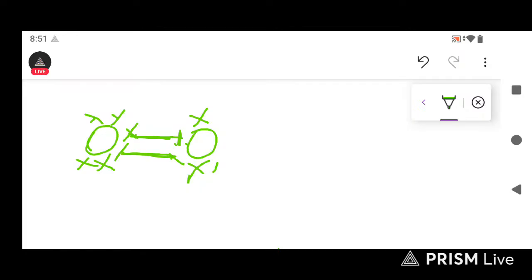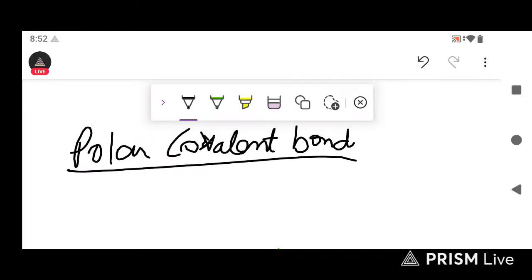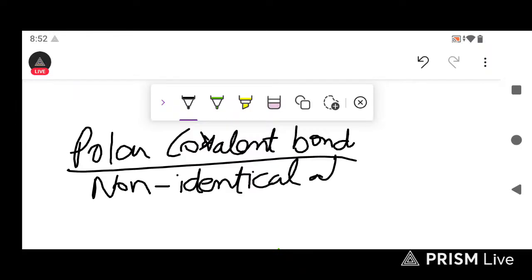So the examples are H2 and O2, and all these are examples of this type. What is the polar covalent bond? In non-polar, the bond is formed between two identical atoms, but a polar covalent bond is formed between two non-identical atoms, non-identical atoms like that of